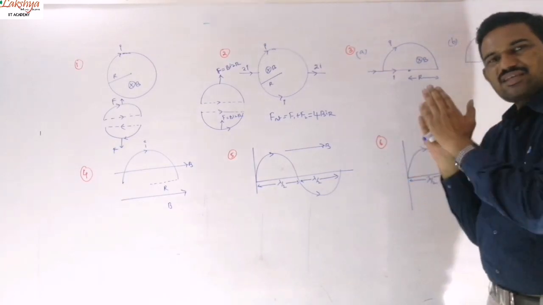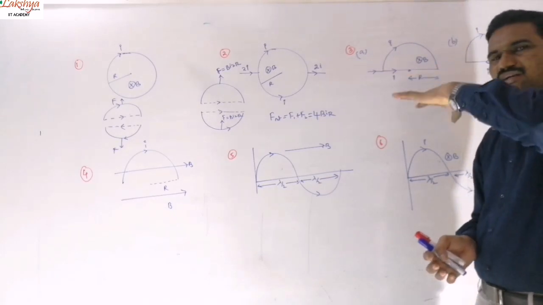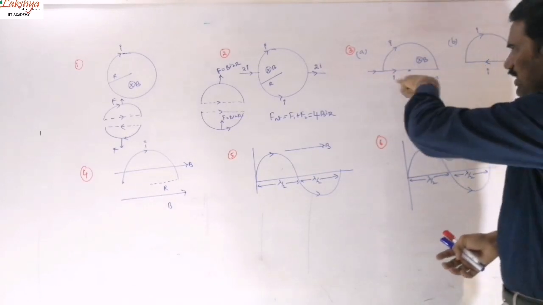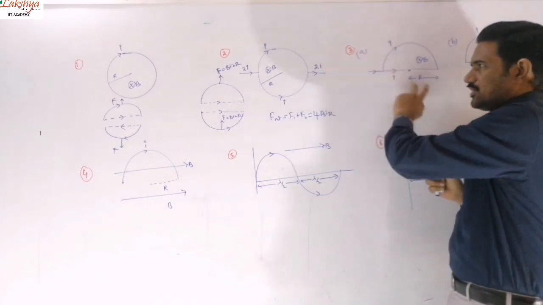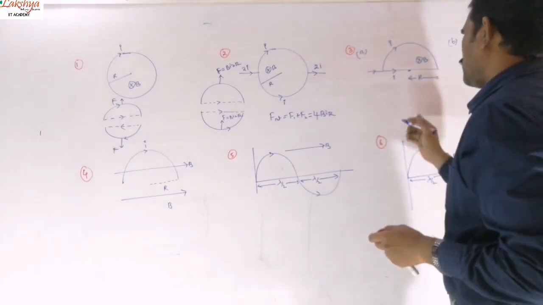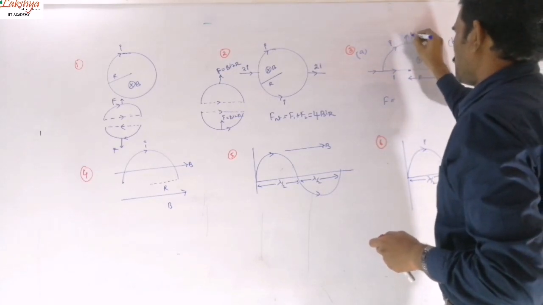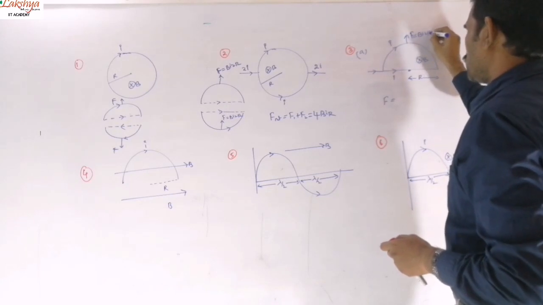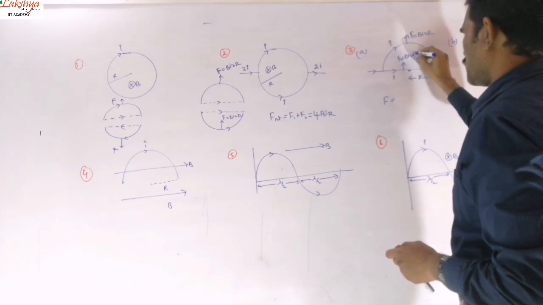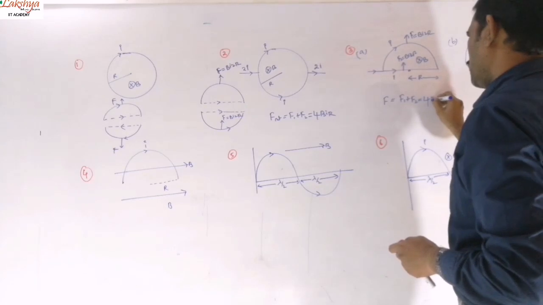And in this example also you can observe that even though that loop is a closed loop, the current flowing in that loop is not in the same sense here. In the upper part it is clockwise and in the lower part it will be anti-clockwise here. These two are similar cases now. And so the force acting here, we can write as the force acting on this upper semicircle is Bi into 2R, and the force acting on this diameter is also Bi into 2R. And so this net force is F1 plus F2, which is 4BiR you will get.